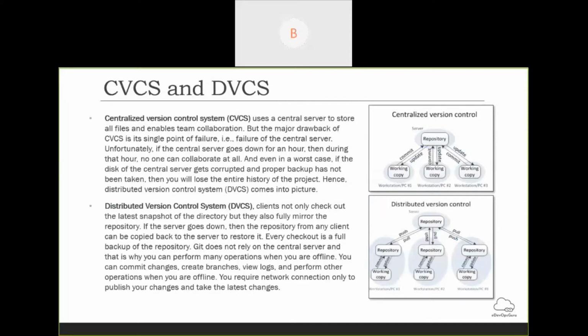And in the worst case, if the hard disk of that server gets corrupted, the history of that project is totally gone.